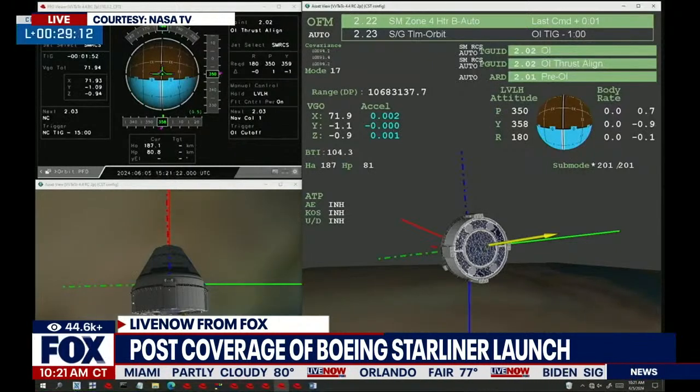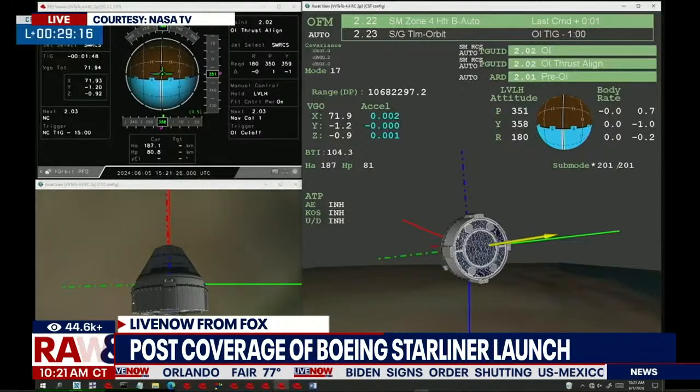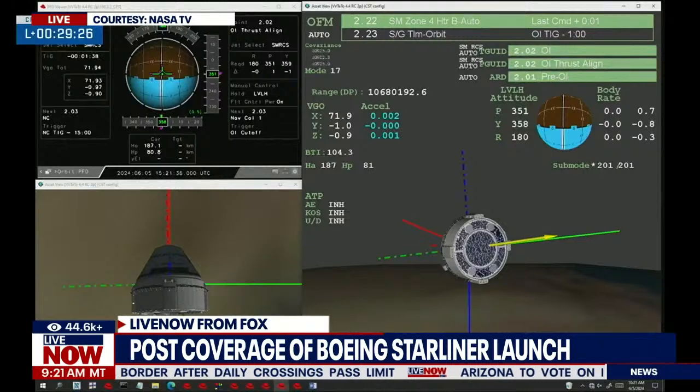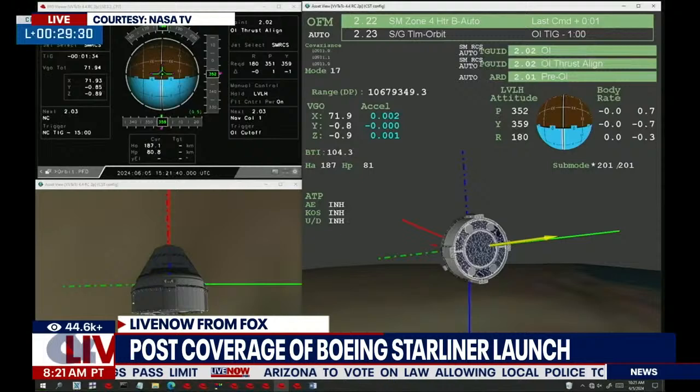We will, though, as you've already heard, continue to hear regular audio updates from the crew. Everything going well now that Starliner is just under 30 minutes into today's flight. We've got about a minute and a half left to go into that orbital insertion burn that will be kind of the final end cap, really, to today's ascent,